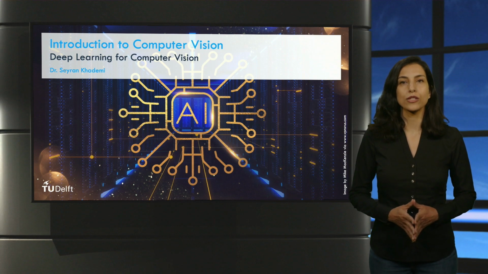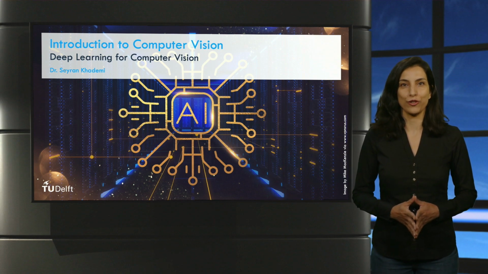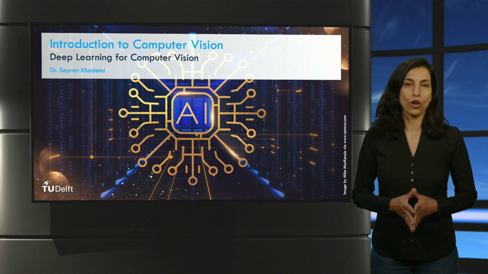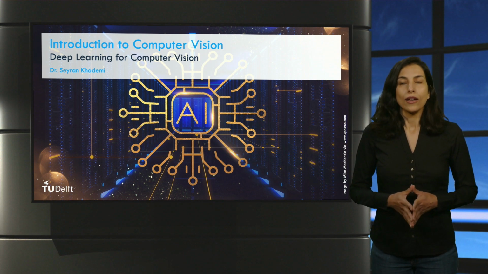In this video, I explained the deep learning shift in computer vision. After watching this video, you will be able to explain what is the difference between old school and modern computer vision. Let's take a look at the cat and dog image classification problem.